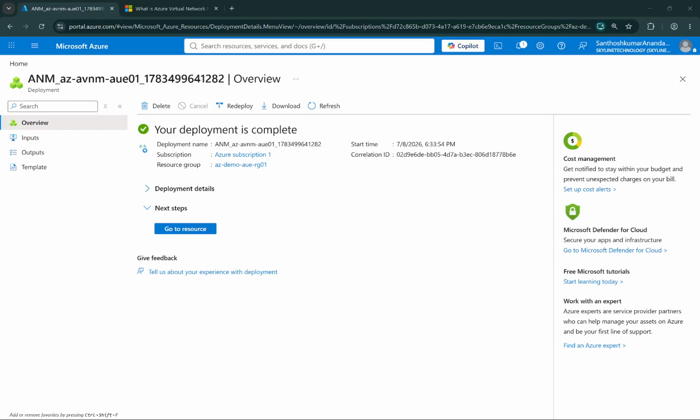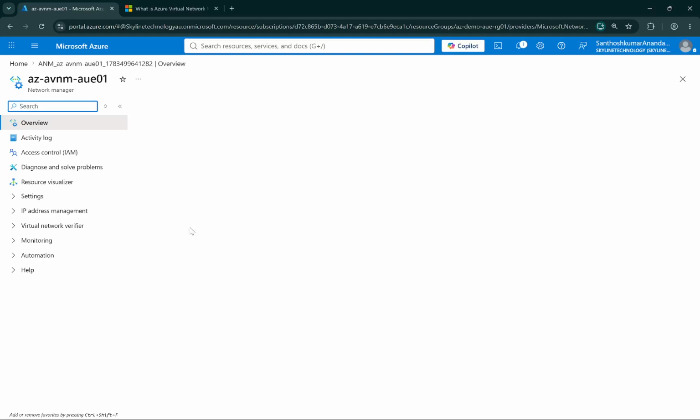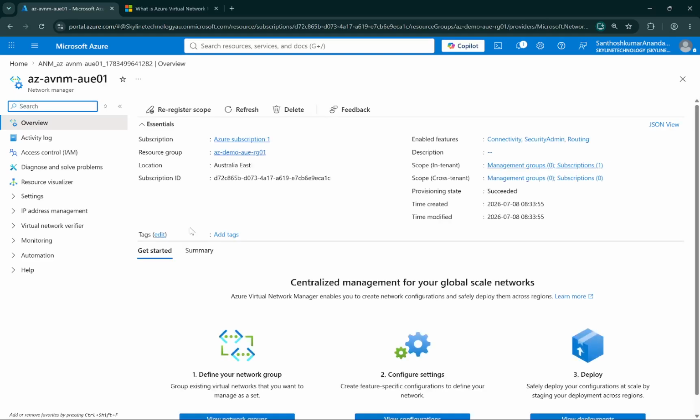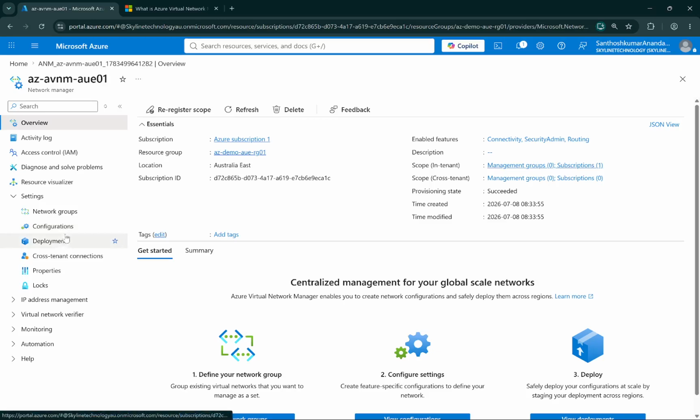Okay, now the resource has been created. Let's go into our Azure Virtual Network Manager to make sure of what we have created here. You see my resource has been created. It is in Australia East. I have all the required basic settings to go ahead. And if I expand the settings, this comes with configurations and so on. I want to show you in the first video about